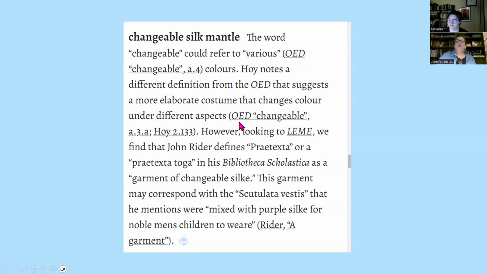I'll just point out that we have citations from the Oxford English Dictionary. We can also make links to the lexicons of early modern English. We have ways of doing that that are well documented in our documentation. So you are free to cite from all the dictionaries in LEME, and we encourage you to do that. So that's one way of getting around what's often called the OED loop.